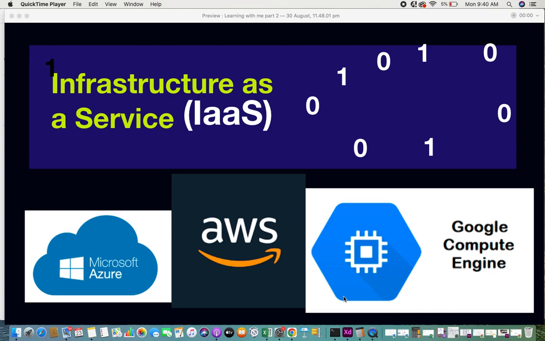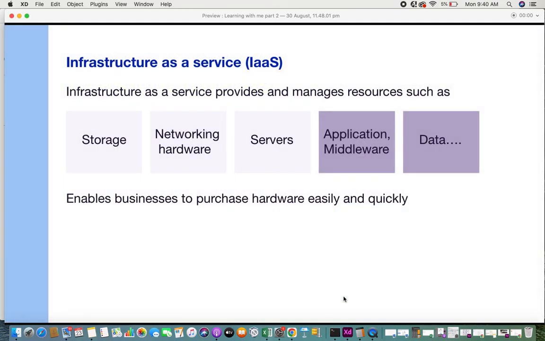And in this video I'll be giving you some information on infrastructure as a service, which is one of the cloud computing service models, or they call it delivery models. If you don't know what a cloud is, what cloud computing is, and what these delivery models are, I've taken a few videos on that. You can click on the links that I've provided in the description box. In this video I'll just give you a little bit of an overview on what infrastructure as a service, also known as IaaS, is. So let's get into it.